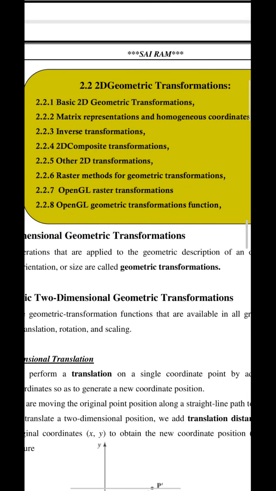So students, let's continue our discussion with respect to module 2. As I said earlier, I have given you the overview of the syllabus and the topics we have discussed so far. Okay, so to study module 3, we have to see some pending portion, the portion left out from module 2, that is the 2D geometric transformation.